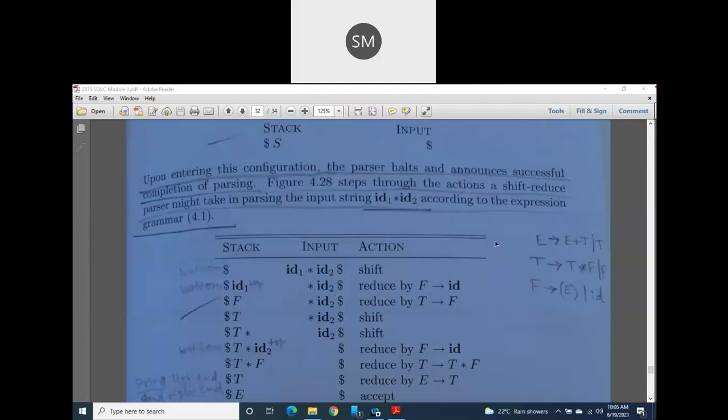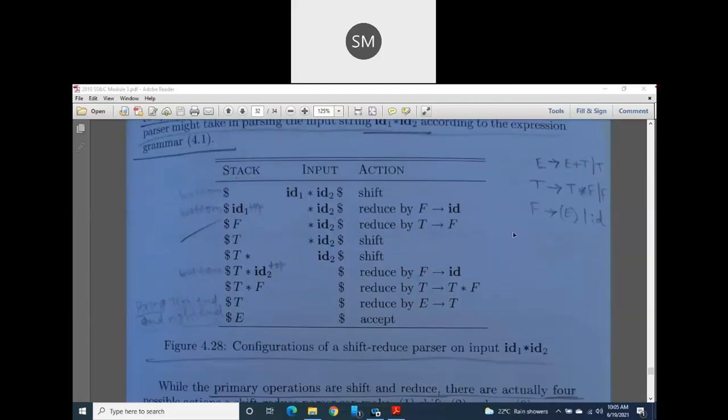Okay, how it works we will see now. As per this grammar, which I have written here with pencil, my input is id1 star id2. According to this grammar I am going to do some actions here. I am going to do shift reduce parsing. Here my input column is indicating id1 star id2 and dollar. It is the end of the input, which means id2 is the last input. Initially the stack is empty and this dollar is indicating the bottom of my stack.